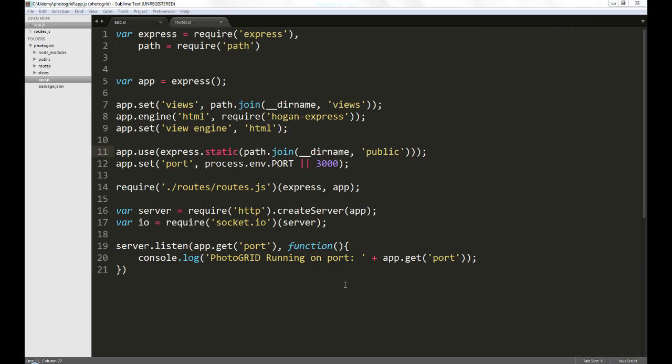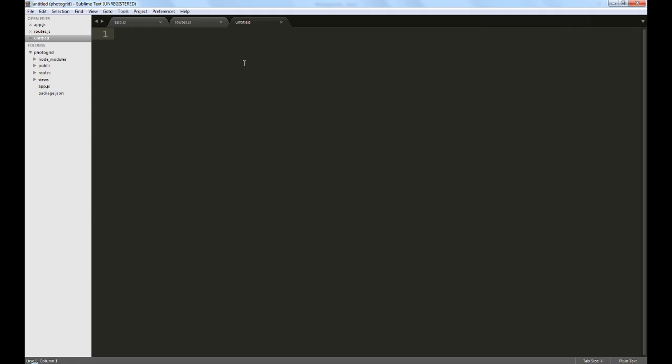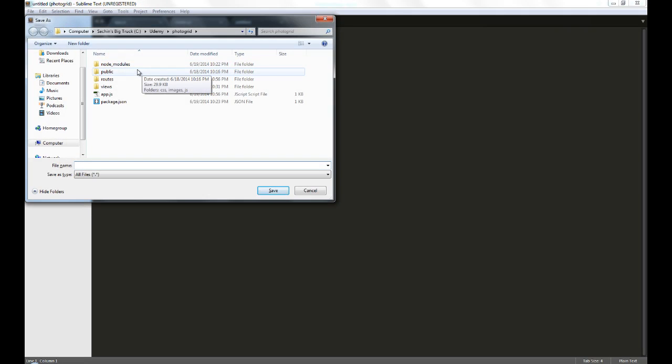Now, as always, we should create two configuration files, one for our development environment and the other for our production environment. So let's go ahead and do that just like how we did it in the ChatCat example. I'm going to start by creating a folder here called config, and within this folder let's create this file called